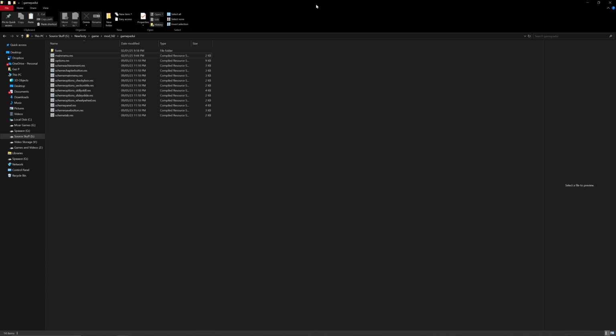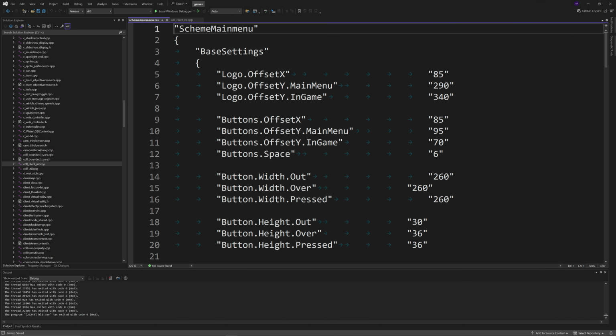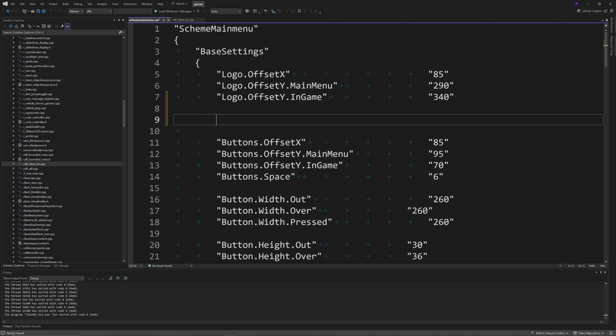Then you want to go to your mod's gamepadui scheme main menu .res file and open it up. And near the top of the file, you want to add inside the speech marks "logo.image", and then in another set of speech marks after that, "gamepadui/logo_name", where logo_name is the name of the material that contains the logo for your mod. So for the purposes of this video, I'm going to be calling it